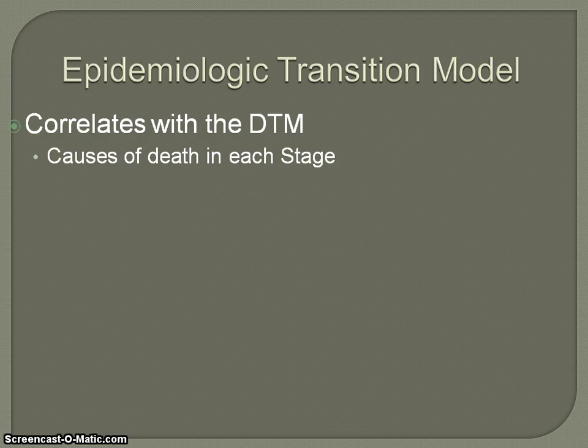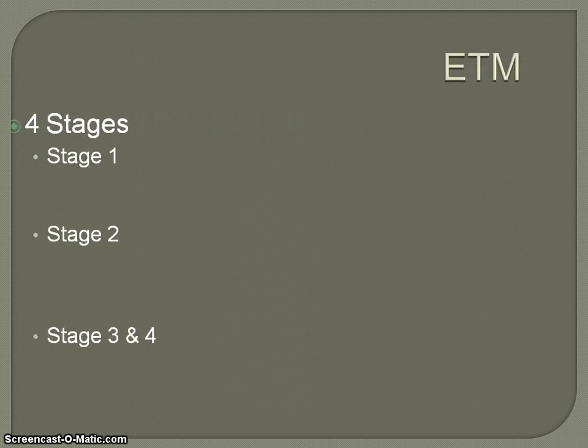So I would think that as we go through the different elements of the demographic transition model, it makes sense as we look at the causes of death, because if you think about how population growth is tied to levels of development and really the conditions of a society, then the epidemiological transition model really just makes sense. So if we begin looking at the different stages,